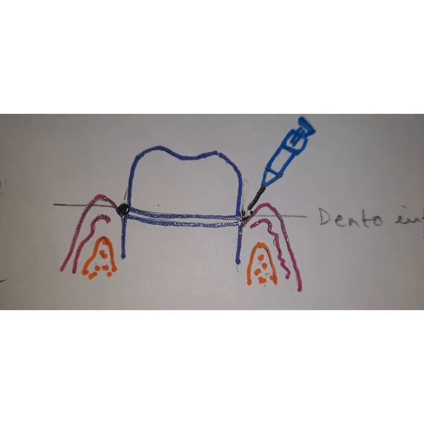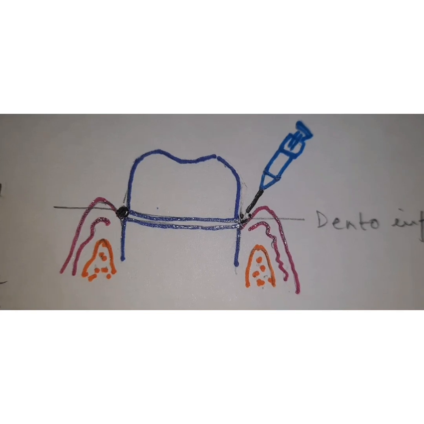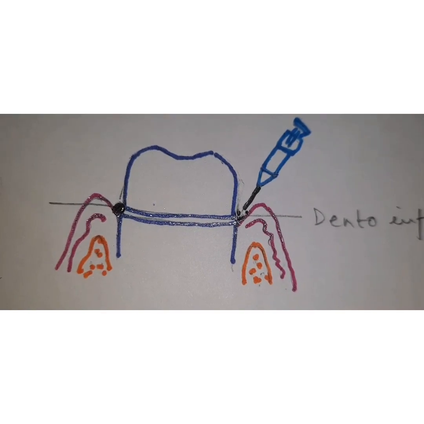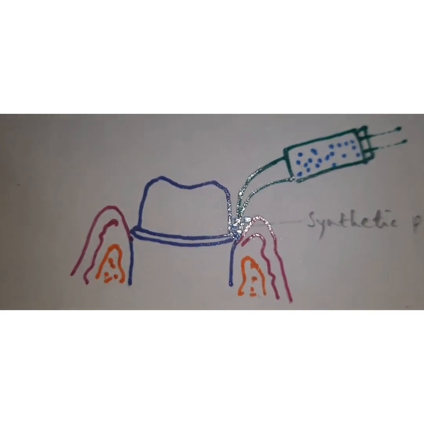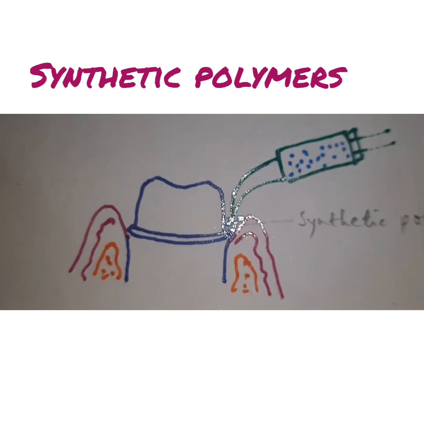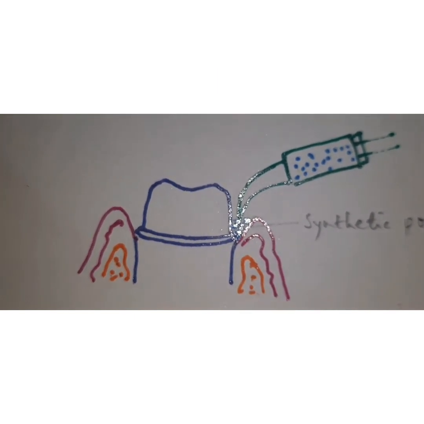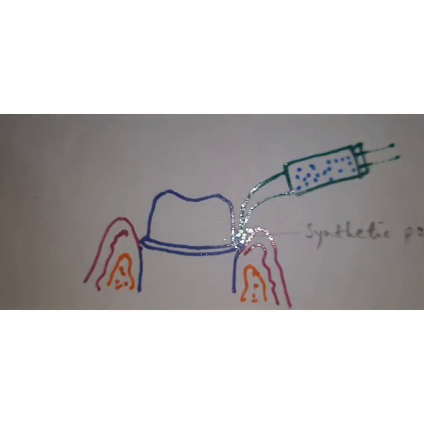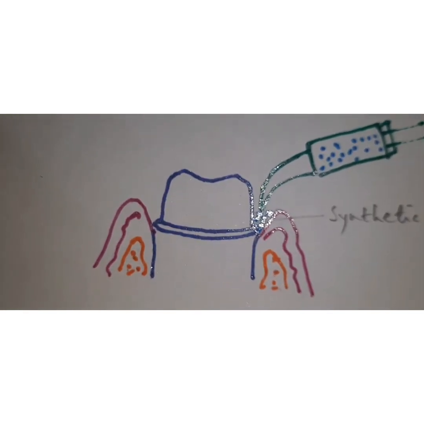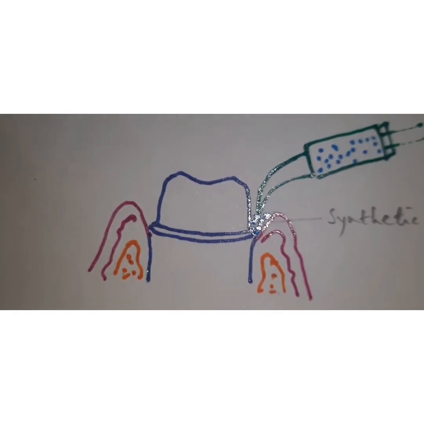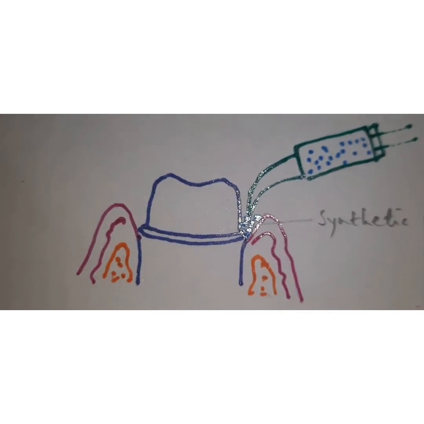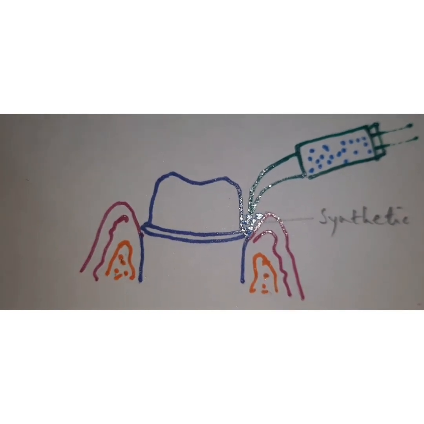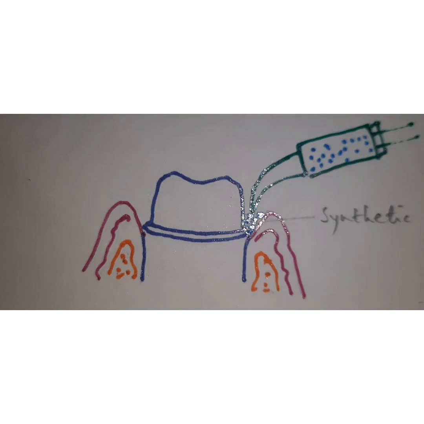Another technique which has been introduced recently for gingival retraction is by using polymers. You have materials such as Expasil, which contains synthetic polymers, and these synthetic polymers are injected into the gingival sulcus. They then expand and provide displacement and hemostasis of the gingival sulcus. The efficacy of such materials is not known as yet, but these are highly used today in recent times for gingival retraction.